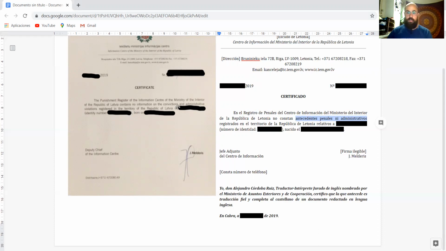Instead of saying no constan penas or no constan cargos. Then registrados en el territorio de la República de Letonia relativos a. I used relativos a because it made it clearer that we are talking about this person. So I prefer this type of wording instead of de, as it should be the translation of, because then it